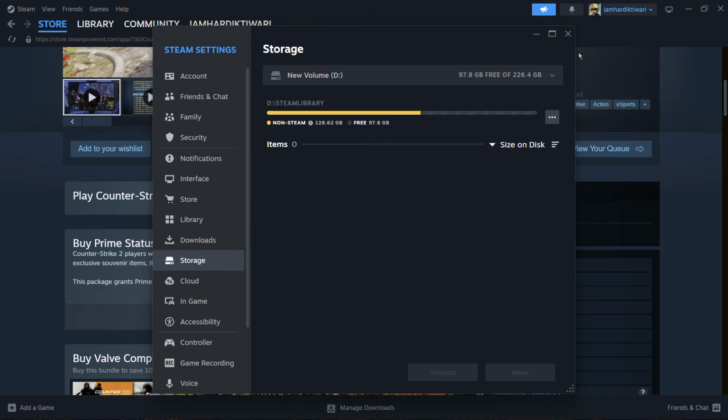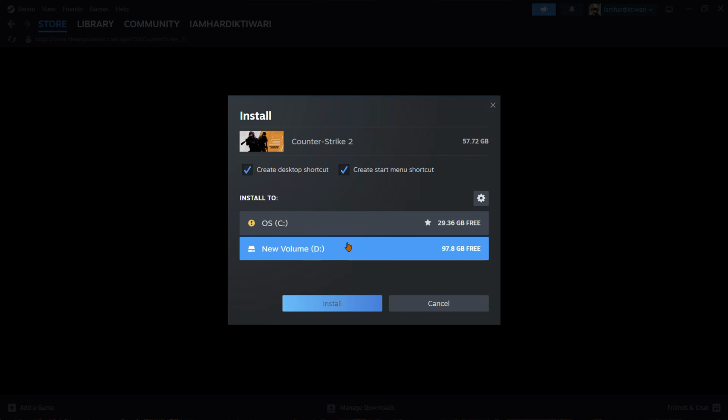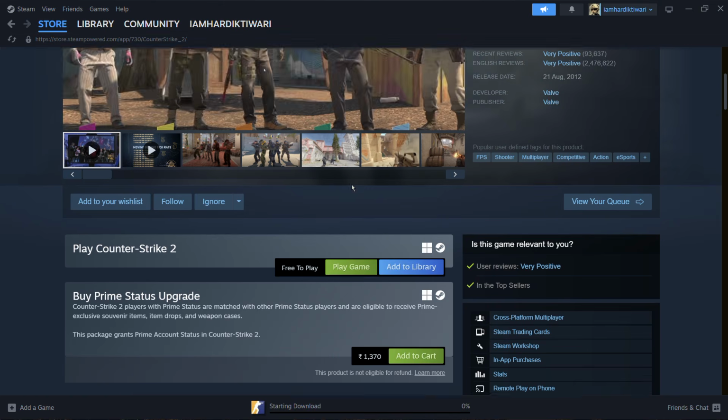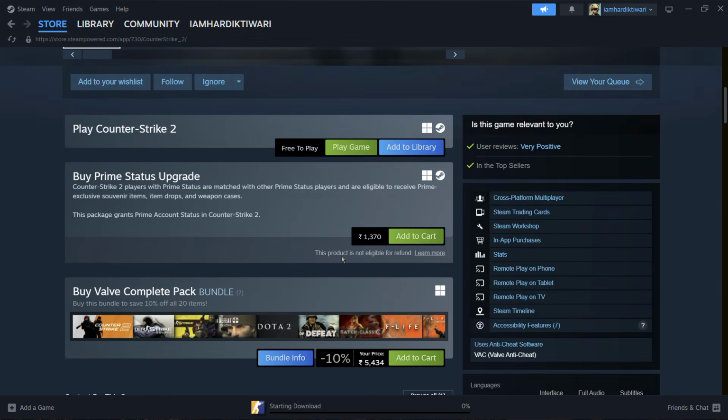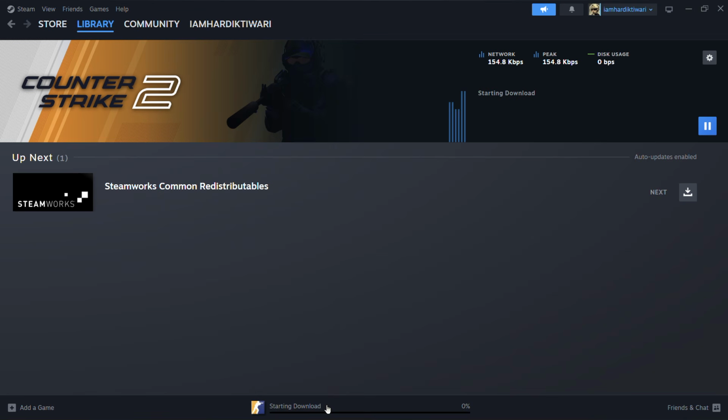Then the next thing after selecting the particular drive is that I click onto this install button and wait for the installation process to begin. So our installation process can be seen right here, and you can see that the download has started, and from